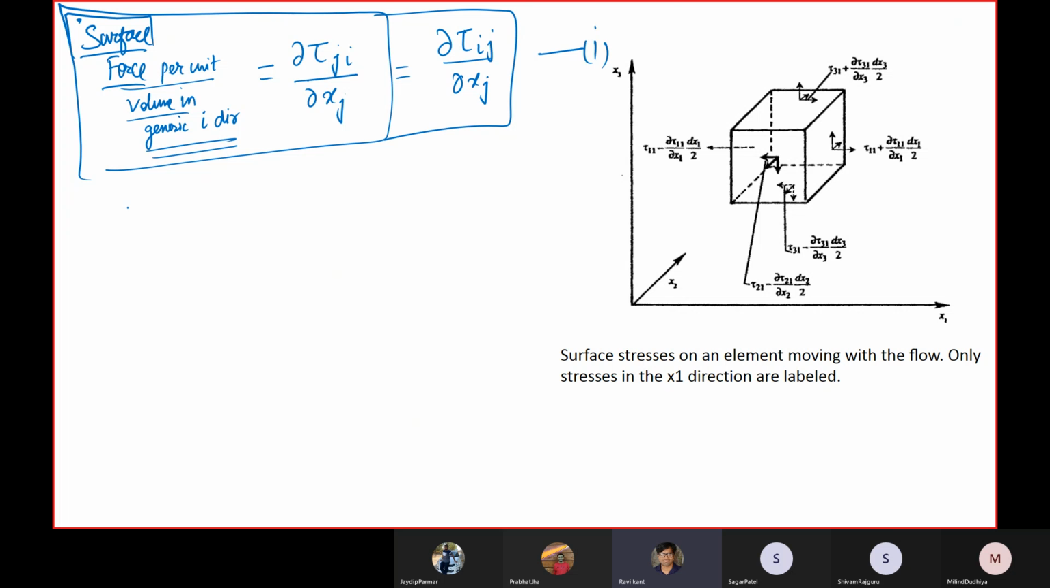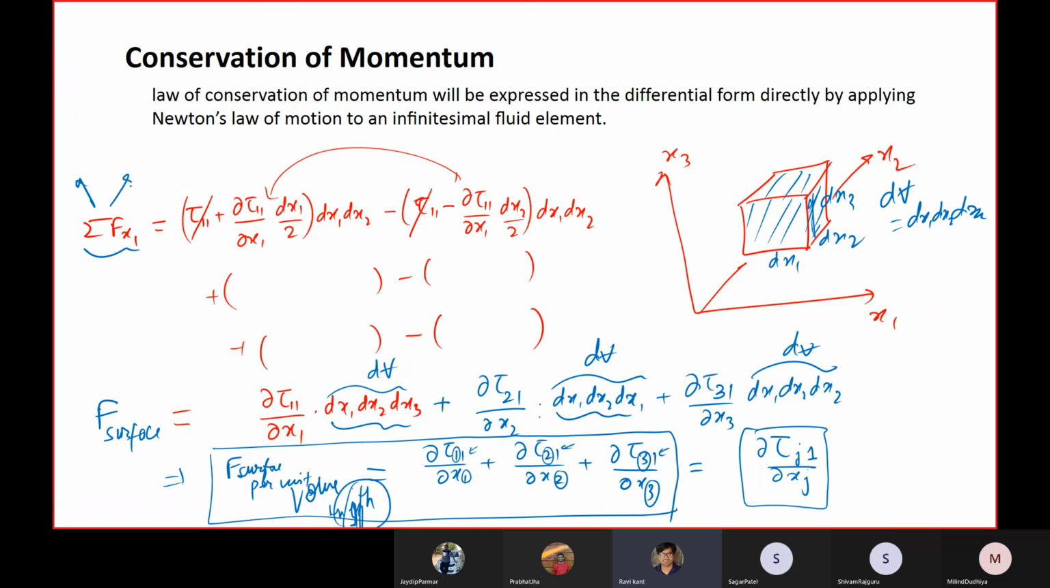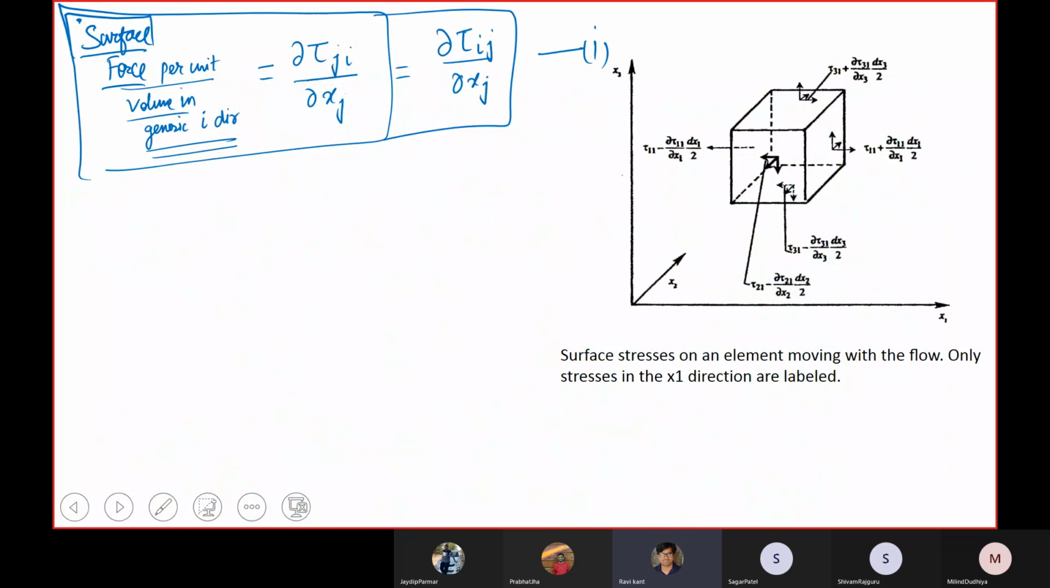Okay, now the body force. I told you that I will be summing this up as body plus surface. So all the forces that are acting on the body give the rate of change of momentum. So the body force per unit volume in generic